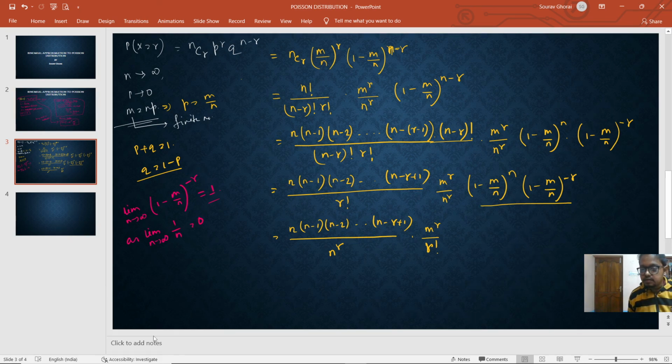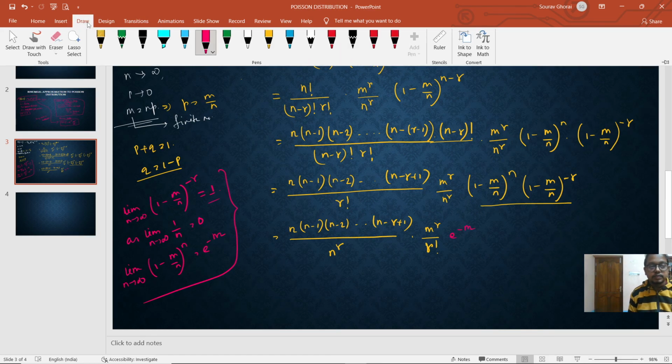So we get this one is 1, and we know from the properties of limit that the limit as n tends to infinity of (1 - m/n) to the power n is equal to e to the power minus m. These are the properties of limit. So now from here we can easily write e to the power minus m. And see here n(n-1)(n-2)...(n-r+1). That means we can see that